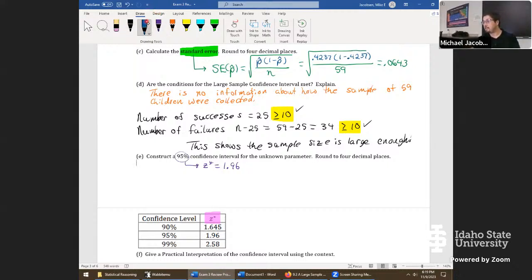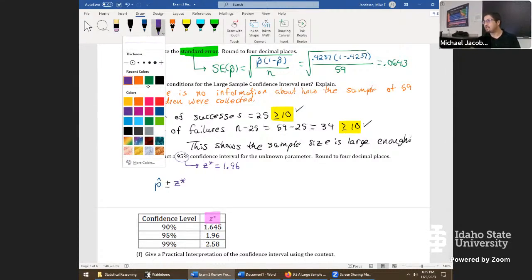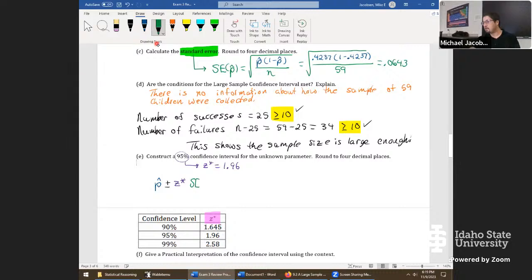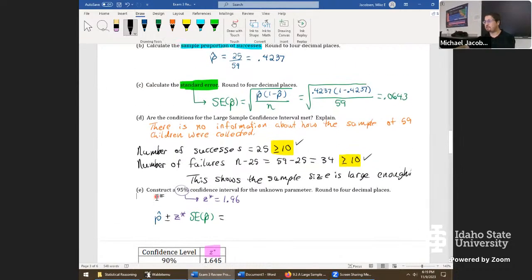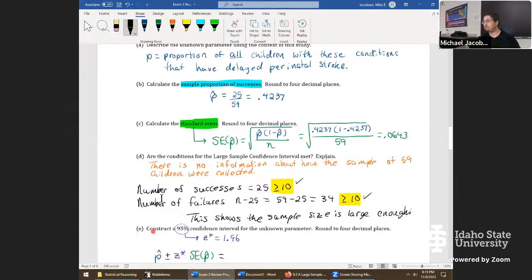The whole formula is going to be then p hat plus or minus our critical number Z star multiplying against the standard error SE of p hat. So that's the whole formula. And this is actually a pretty good strategy. If you feel really confident that you have that formula down in your mental chalkboard, then you won't have to necessarily copy it down. But once you copy it down, it just becomes a matter of looking up the value, grabbing it and dropping it into the right location. Having this down as a template or placeholder is a valuable strategy here, especially when you're making a lot of substitutions.